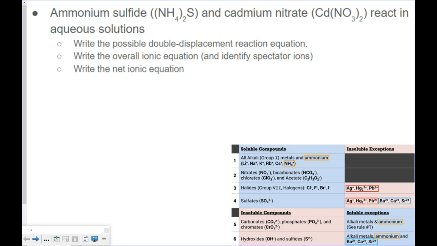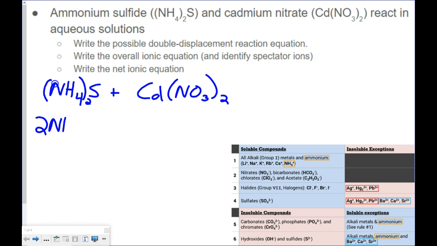Okay, in this video, let's talk about some ionic and some net ionic equations. First one we're going to look at is ammonium sulfide and cadmium nitrate. So we're going to have to first take these equations and break them up into